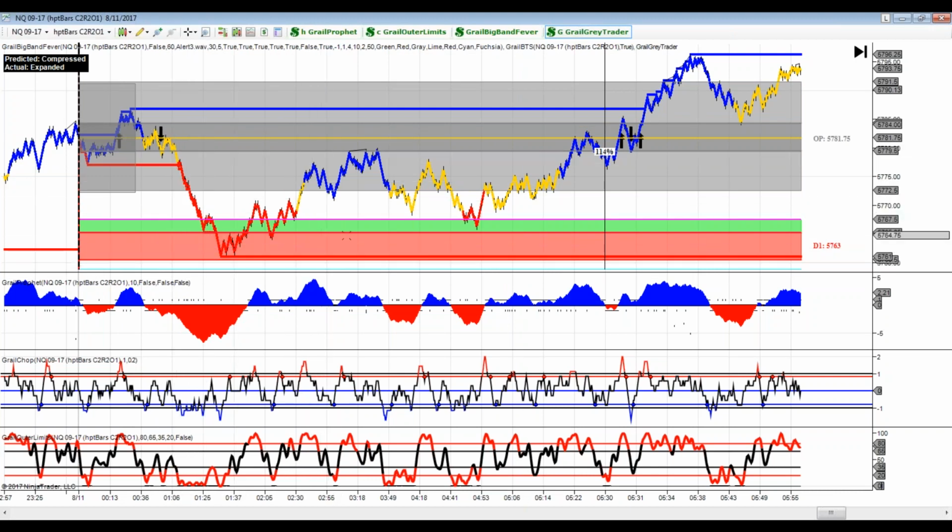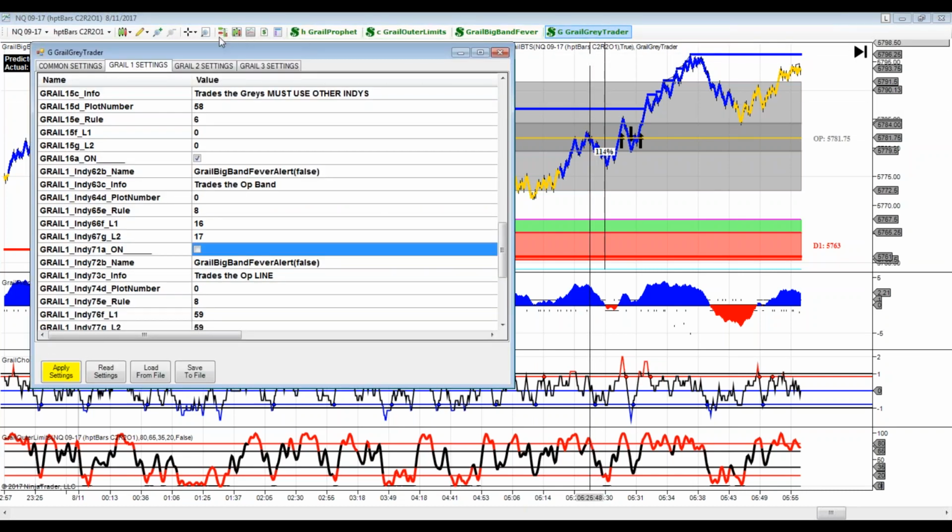Notice there's no trade signals taking place down in the other big band indicator bands, because the Grail Gray Trader will not trade those. It's only designed to take trades within the gray area. Okay, so if we turn back to Grail 1,